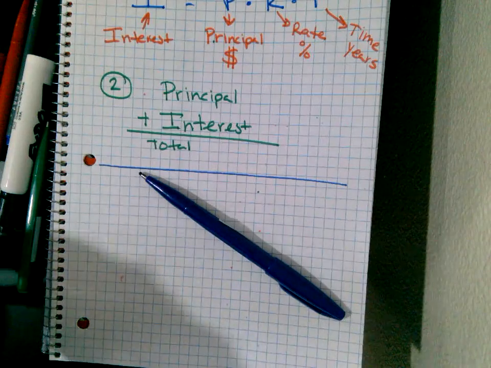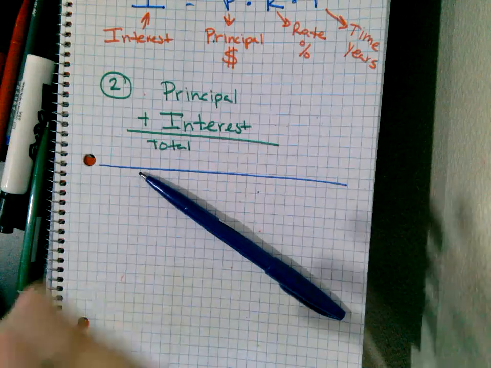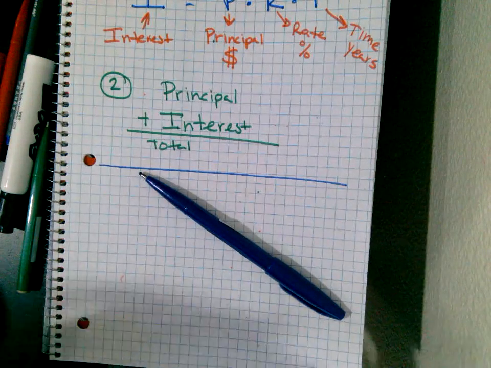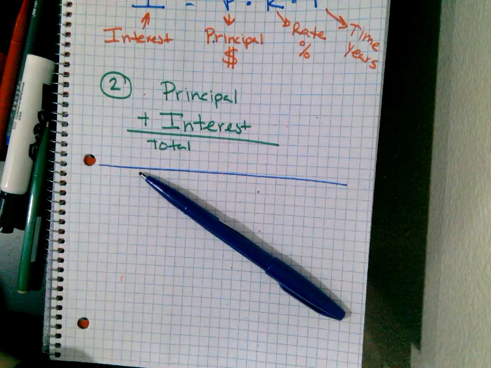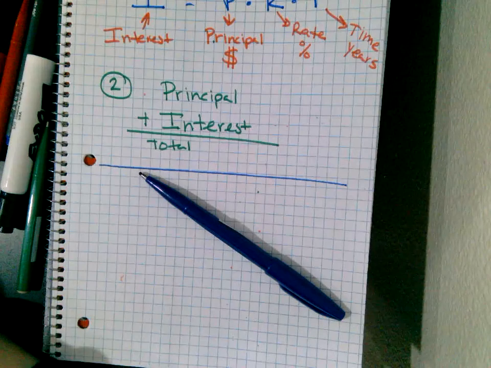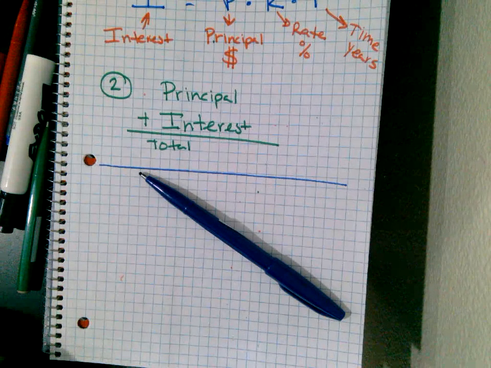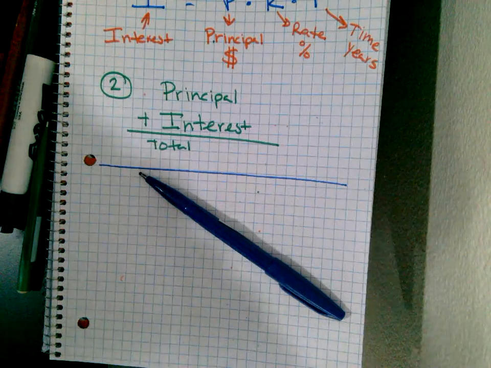Have you ever let someone, like a little brother, sister, aunt, uncle, cousin, neighbor, like, "Hey, let me borrow $1." Okay, cool. But you got to pay me back $2. You're like, "What?" "Yeah. You want $1? Cool. But you got to pay me back $2." And you're like, "Oh my God, I really need $1 to go buy the ice cream." You're like, "Fine, fine, fine. Give me your $1." And then you turn around and you're like, "Wow, I got to pay you $2? Man." But what they just did,